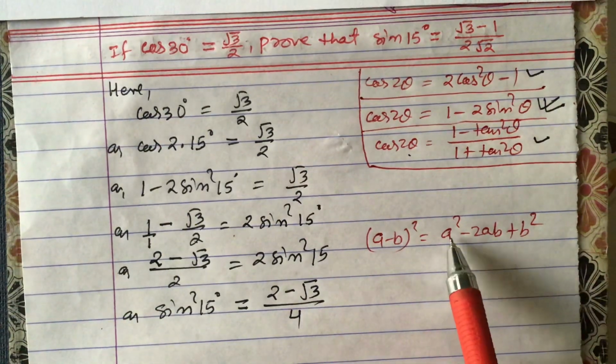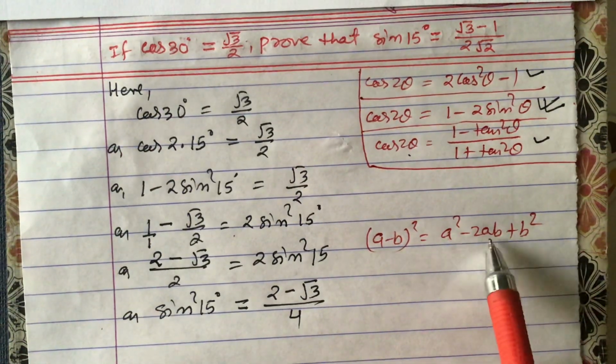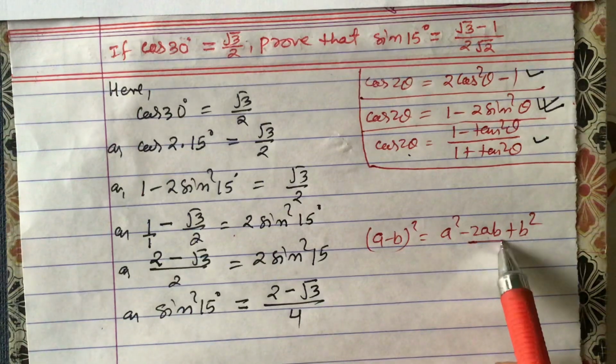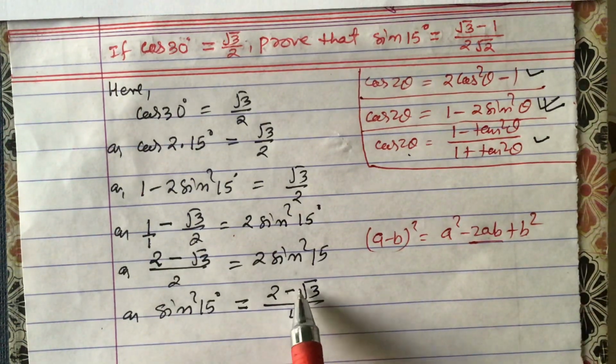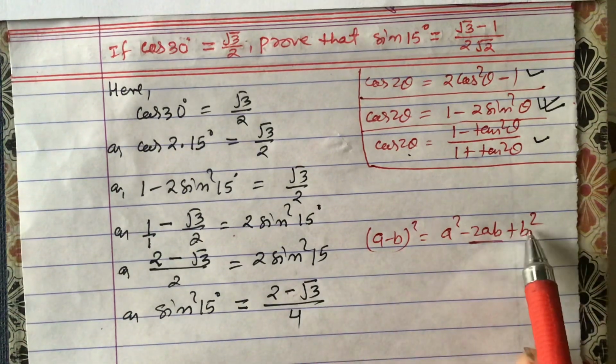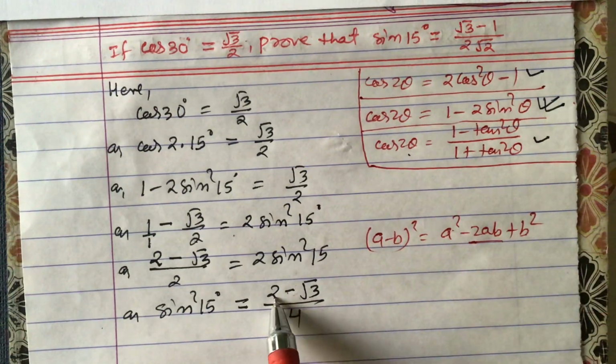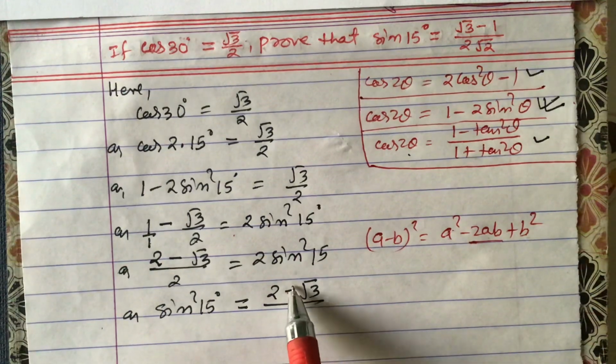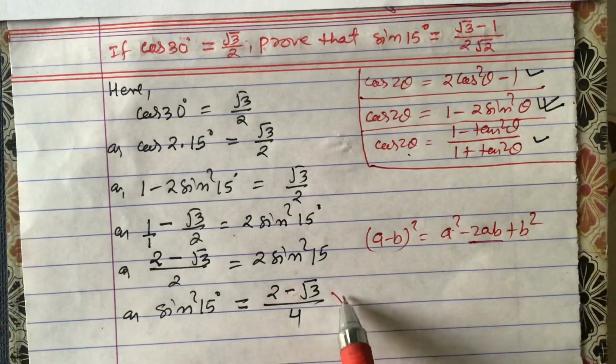Yes, there are three terms. So to get three terms, the middle one is minus 2ab. Here minus is already there. Here we should get 2, and here also we need two numbers. So this number also, we need a little bit bigger. So that to get here 2, we have to multiply by 2 like this.